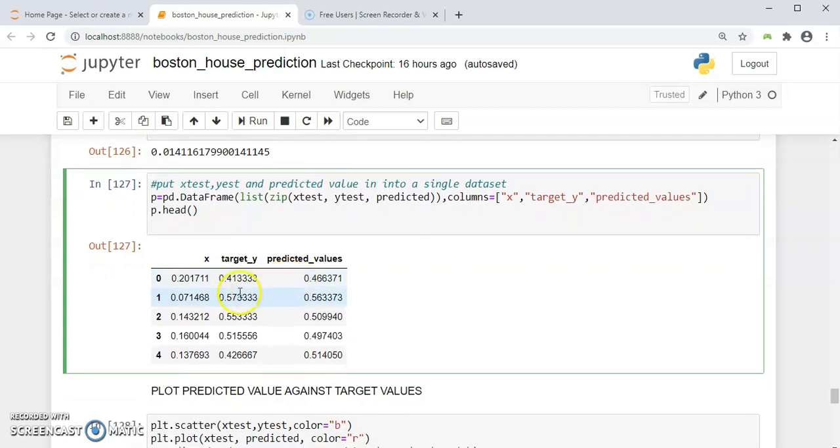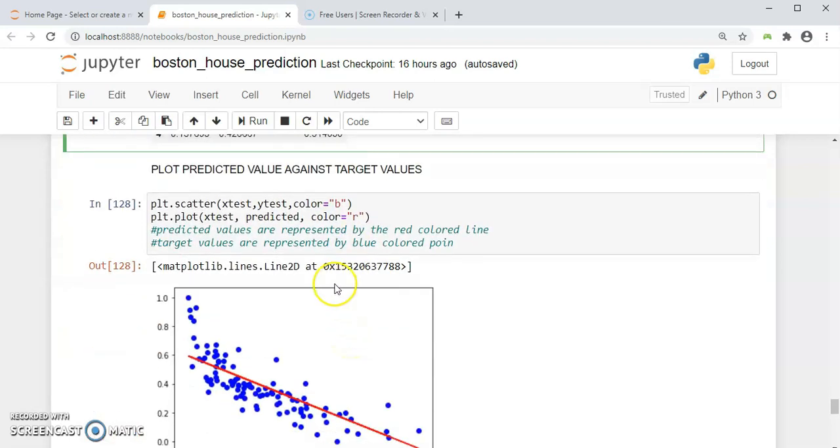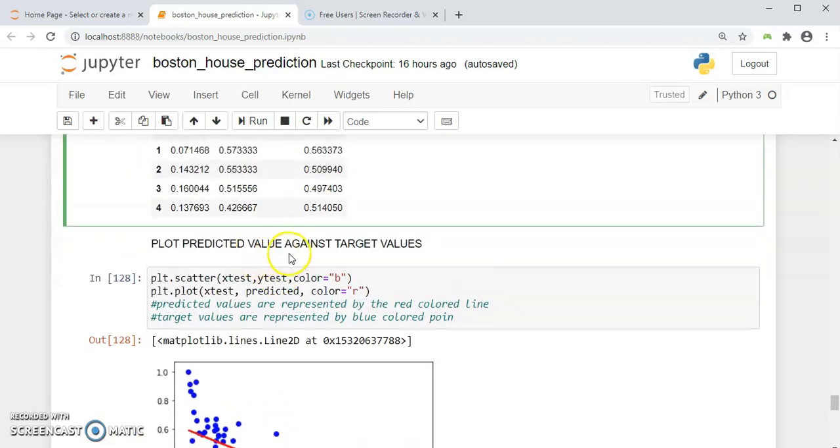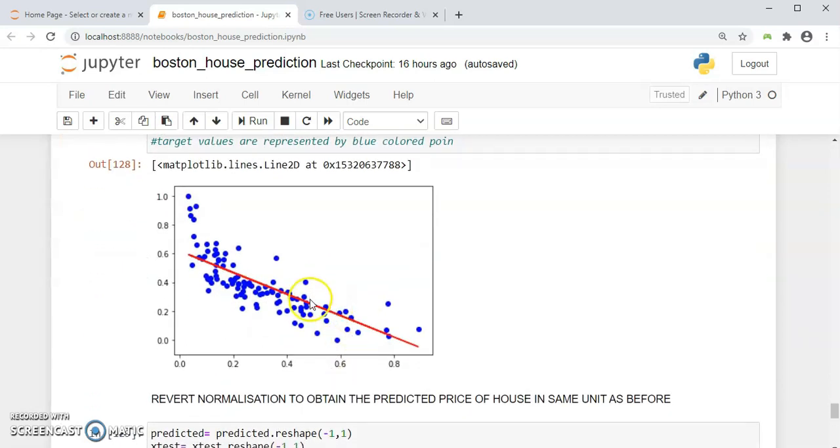I'm zipping all of them together, and when I print it, you can see these are our values, these are the target values, and these are the new predicted values. You can see that there is not very much difference between the target and the predicted value. Now, we are going to plot the predicted value against the target value. And you can see the graph here.